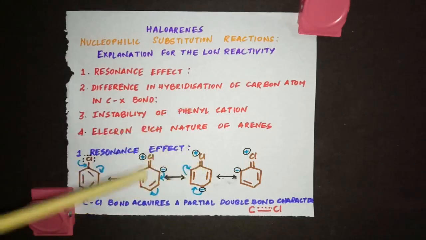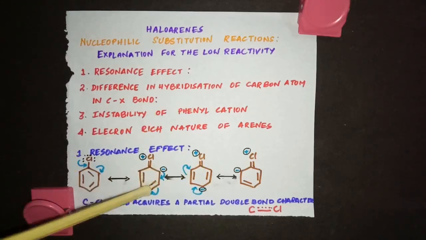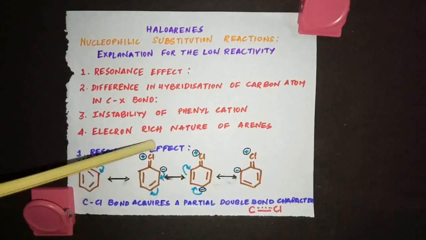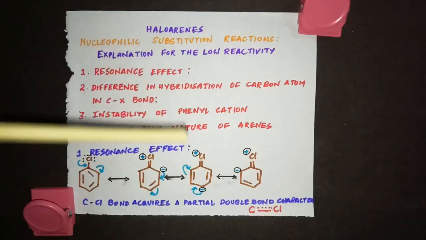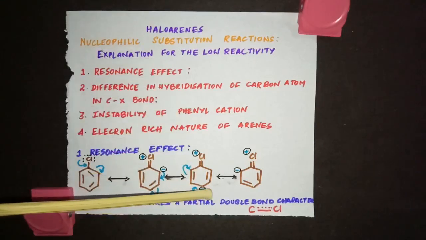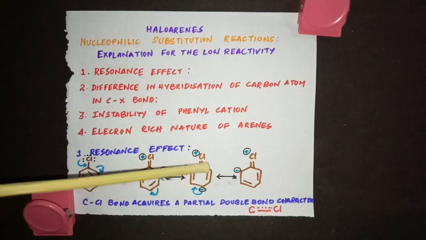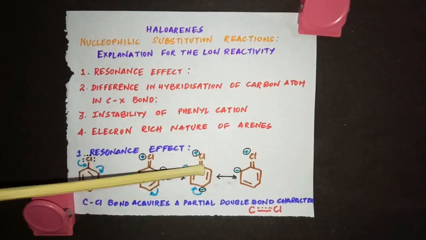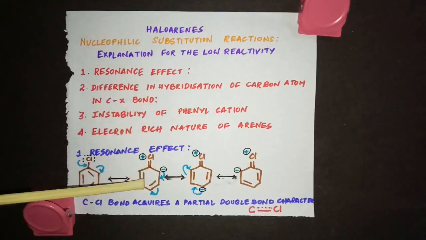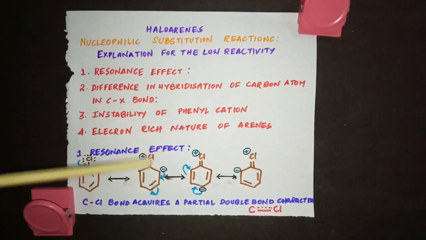So in the next picture, here you have to put a bond, and instead of this bond you have to put a negative here. Everything else stays as such. Now look here, you have a negative here and you got a bond here, and this positive and this double bond, they are all as such in the previous canonical form, the resonance structure.